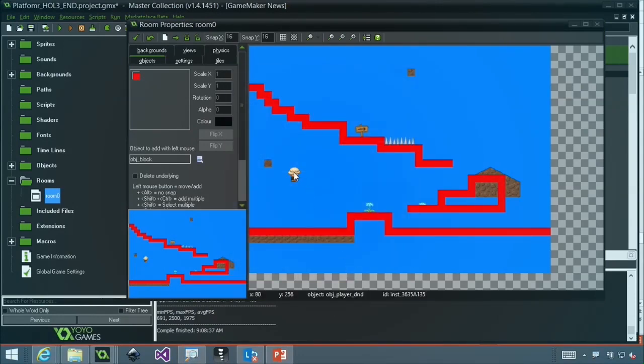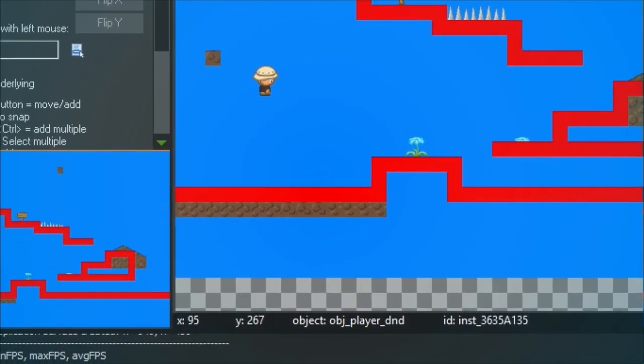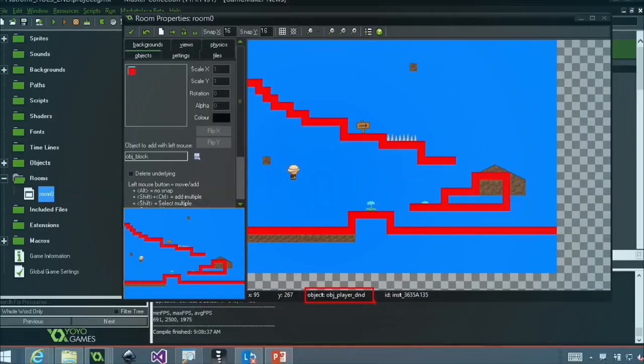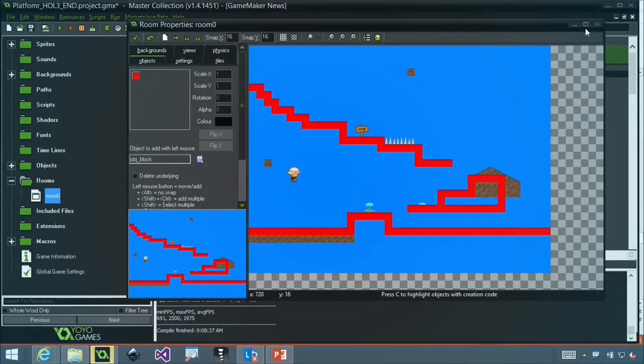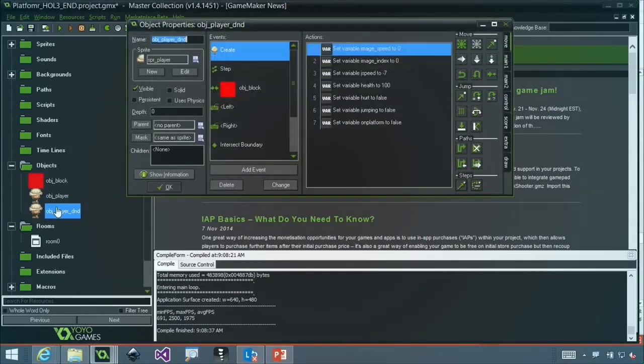If I put my mouse over him, you'll see that right down here on the bottom, he is an object player D&D. So he's a drag and drop player, and it's named that because I named him that. But if we actually look at the objects themselves, we can see there's two, and we'll talk about objects in a little bit. There's two players, and it doesn't matter which player actually dropped in the room, because if we look at them, let's open up the drag and drop,